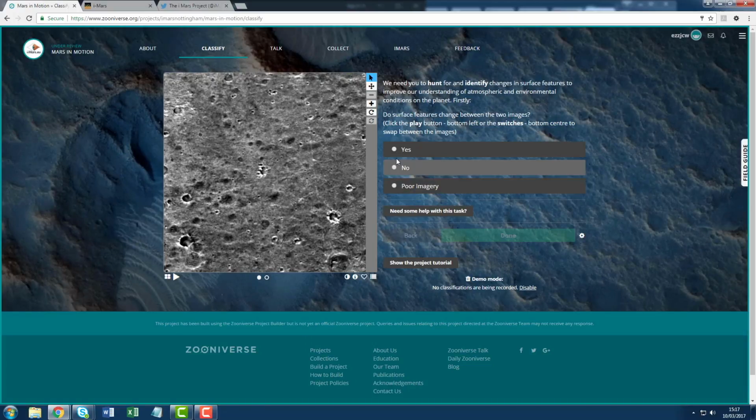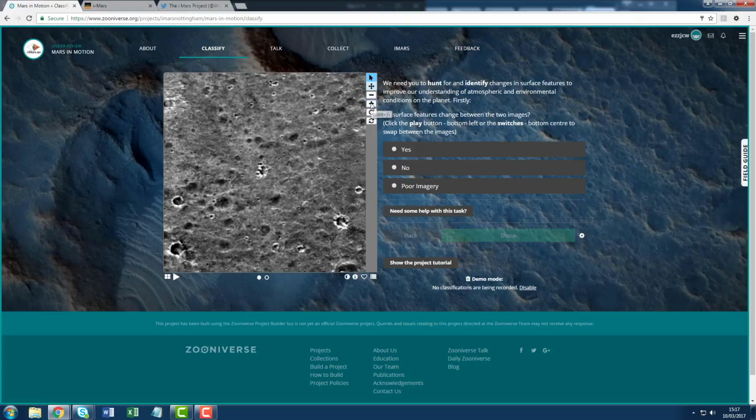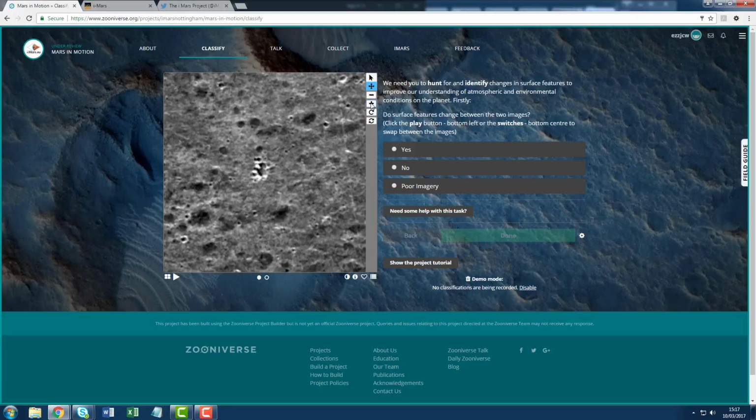So how did the computer select the images? Well, first it compared the values of the individual tiny coloured cells that make up the images to identify where their values differ in images of the same place taken at different times. It then processes images of locations with a large enough area of change to discard those that reveal nothing more than a change in lighting. It checks those that are left for specific changes in pattern that more closely correspond to genuine changes in landscape features on the surface, before it scores them for certainty and hands them over to you here on Mars in